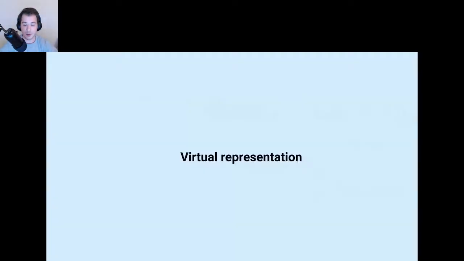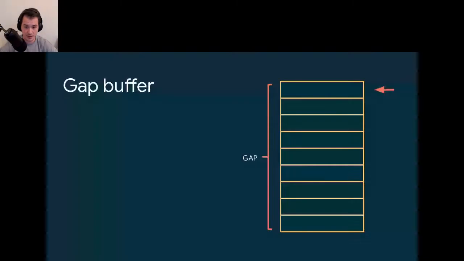So let's take a look at how we store the virtual representation in Compose. So we have this gap buffer. I said it's not a tree, right? It can be any virtual representation. So this gap buffer is somewhat like an array basically, but it only has one gap, one empty space, at all times. It can be very big, very small. We can increase it, but there is only one gap.